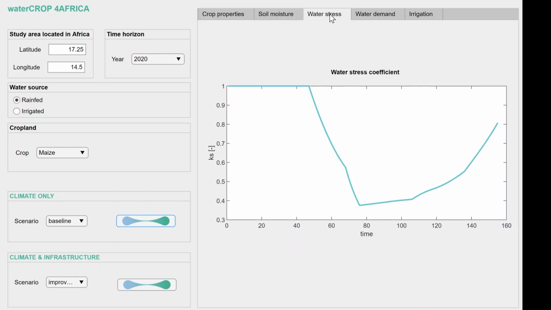Then you can observe the water stress condition. As you can see, until day 45-47, you have a water stress coefficient equal to 1, meaning that the plant does not suffer from water stress. After that, the Ks goes down and nearly reaches